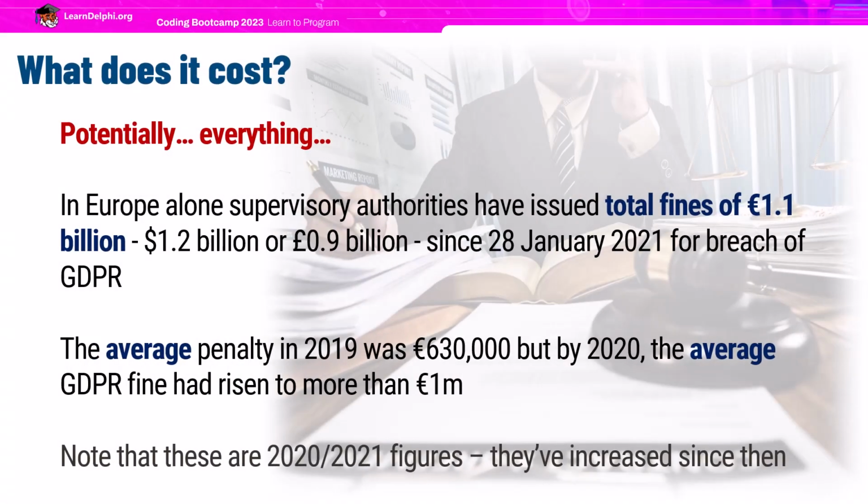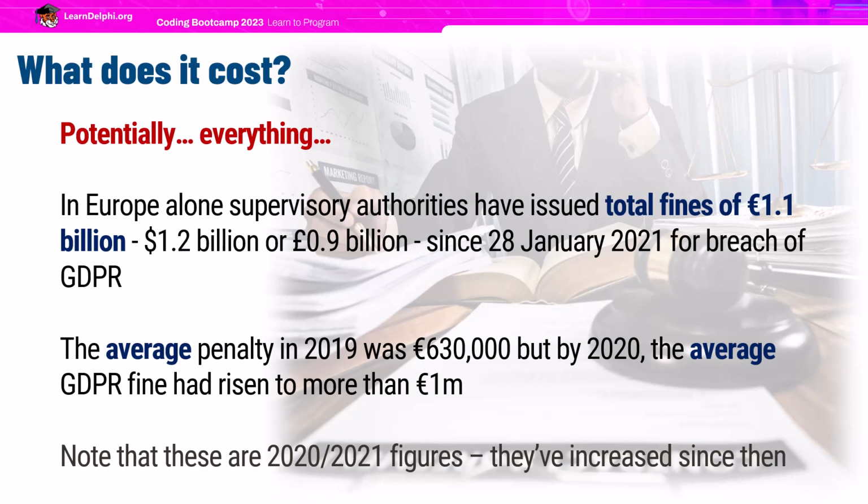What does it cost? Well, potentially everything, because it's another thing people say, oh, GDPR, they never ever enforce that law. They don't go around, they don't fine people. GDPR's fine, you don't have to worry about it. It's just one of those laws that isn't going to be enforced because they don't have the manpower, they don't have the personnel to pursue that. Not true. In Europe alone, and in Europe I'm talking about Germany, France, countries like that in mainland Europe, the supervisory authorities of the EU issued total fines of 1.1 billion euros. So that's about 1.2 billion US dollars, or about 0.9 billion UK pounds, and that was since January